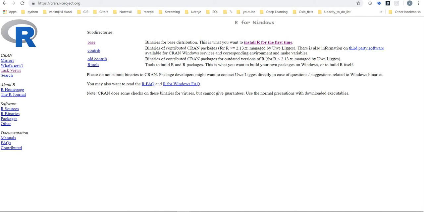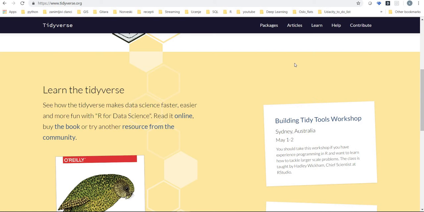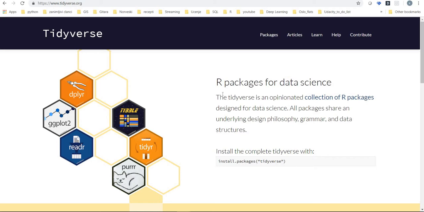I will explain what kind of packages we'll be using to perform exploratory data analysis. There is something called the tidyverse, which is an opinionated collection of R packages designed for data science, and all packages that are part of the tidyverse share an underlying design philosophy, grammar, and data structure. Once we go to RStudio and install and load it, it will also contain all necessary libraries, and there is a really good